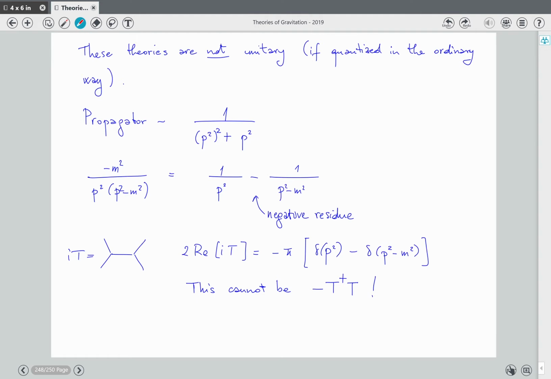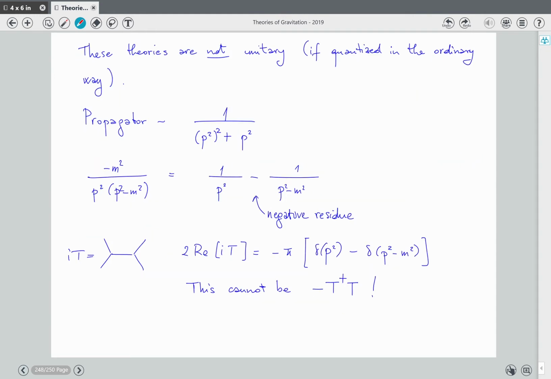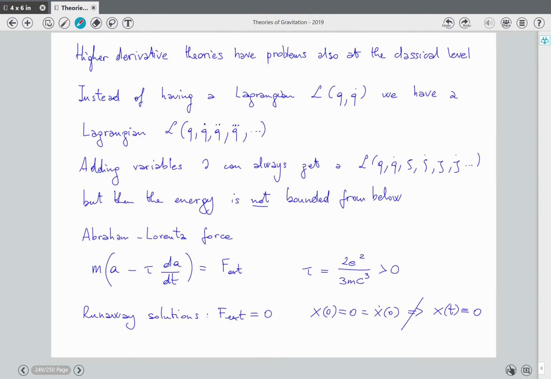The other time we have discussed the problems of higher derivative theories, because higher derivative theories solve one problem, their normalizability, in the case of gravity, but they create much worse problems. They violate unitarity at the level of quantum field theory, but they also have problems classically